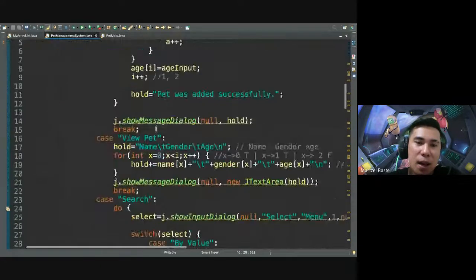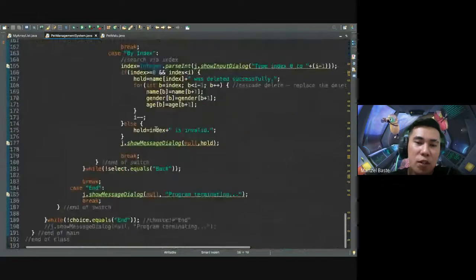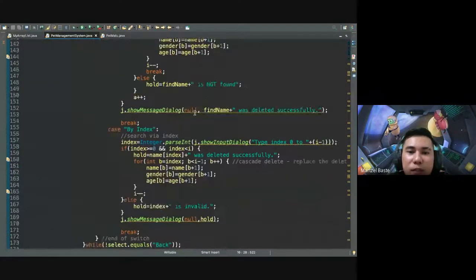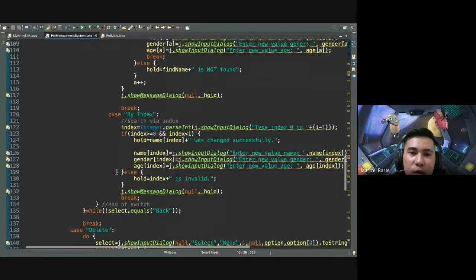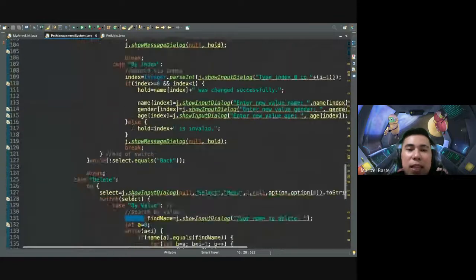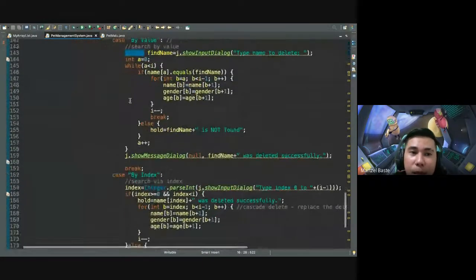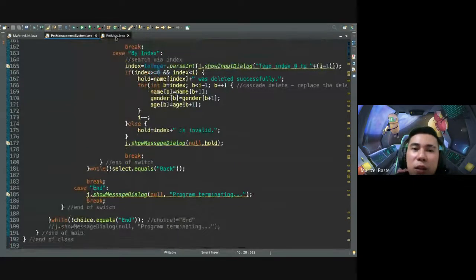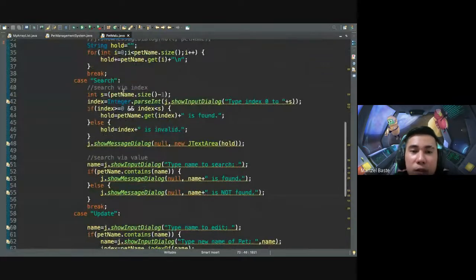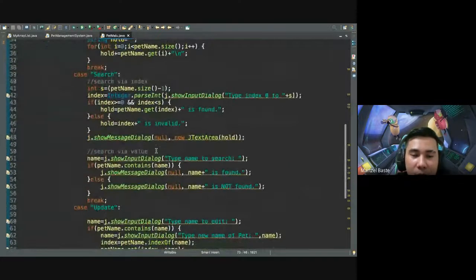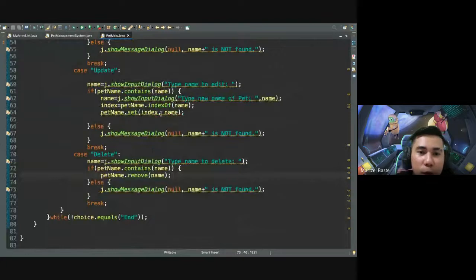But sir, can we lessen the code here? Of course we can, if we make methods, because we have patterns here that repeat, like search by value and search by index. It will look for the value or index first when we edit or delete, before it deletes or edits. Of course, we can shorten this code, but not the way we shortened it here. It's not the same as what we were able to do here. Okay? So, there. Let's run our program and